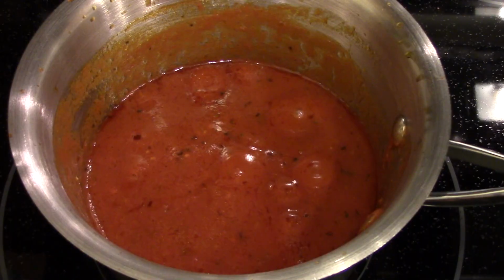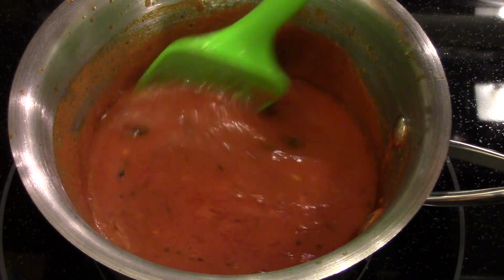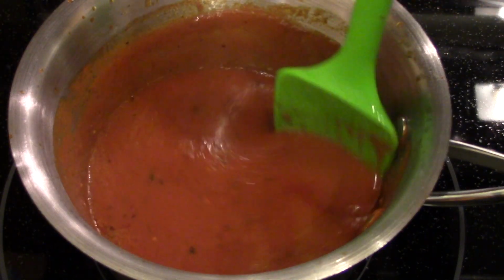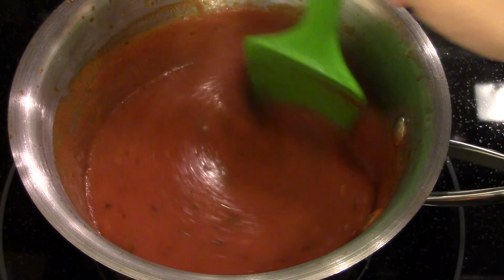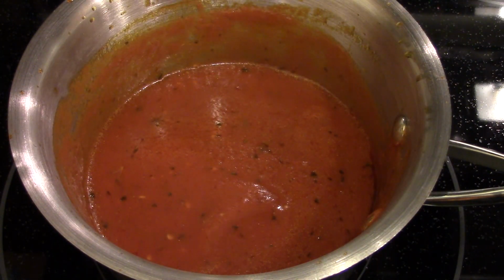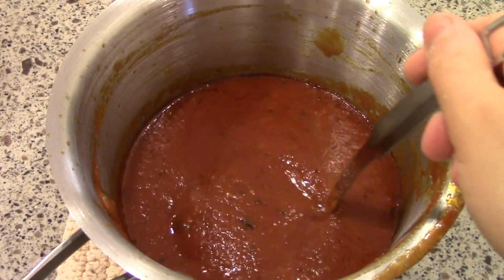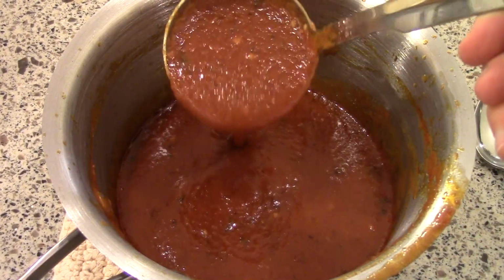So you just want to stir that together and simmer it on low. You want to cook this very gently and stir it regularly because the sauce can scorch. You don't want that. So just stir it and cook it gently, and it'll take about 20 minutes to thicken down into a nice, thick, velvety sauce. Then just take it off of the heat and let it cool slightly,